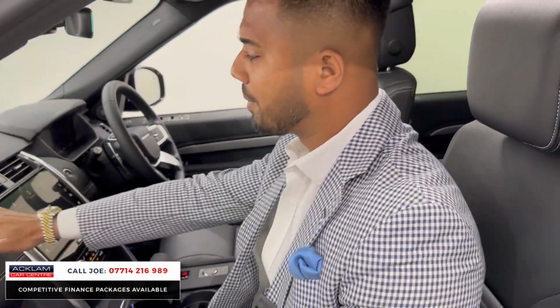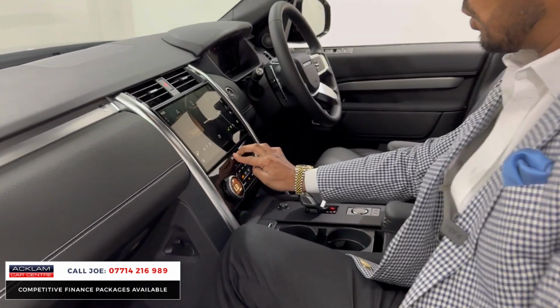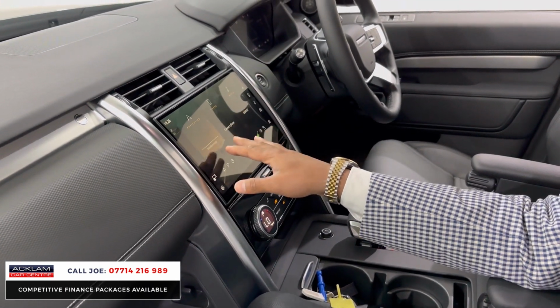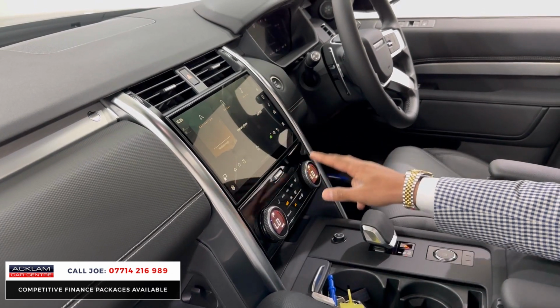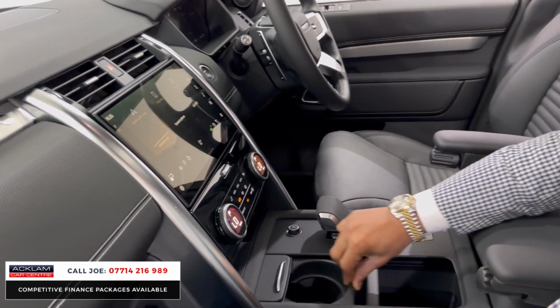You're nice and high up. Top dash here, and then the bottom dashboard. You've also got a cubby hole just behind here to hide your wallet or your glasses. Apple CarPlay, Android Auto, navigation, onboard computer. It's got literally everything. The dual zone climate control, 2 keys, twin cup holders, and you can slide this compartment